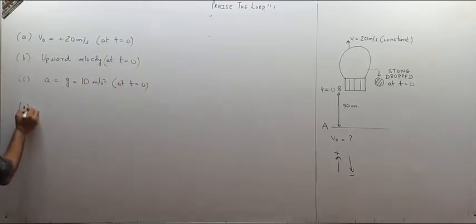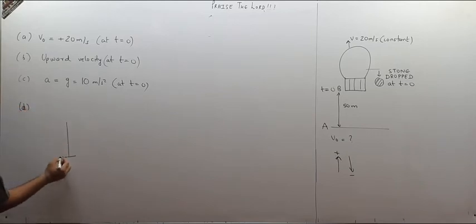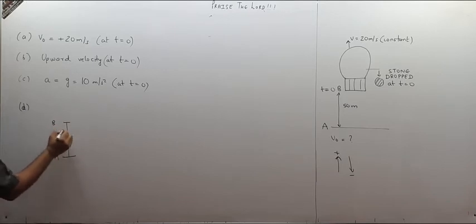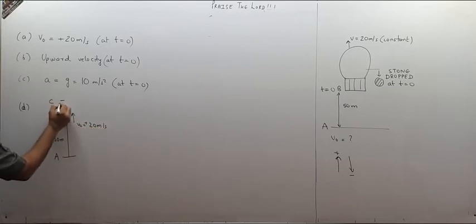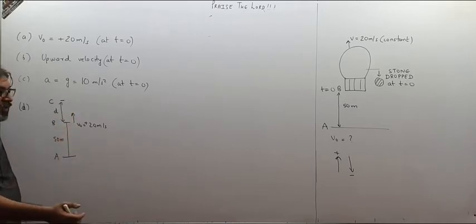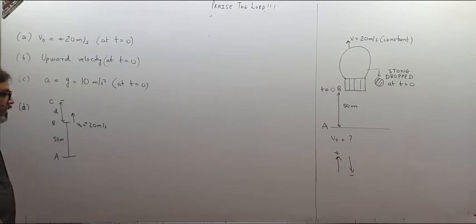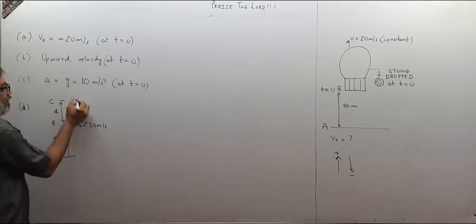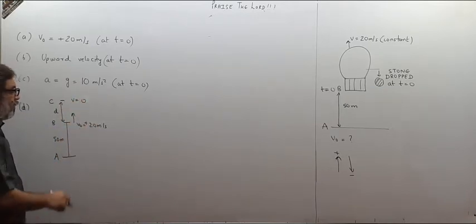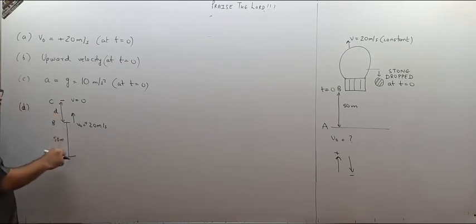So think like this. This was the height. This is point A. This was the balloon at a height of 50 meters, and somebody has thrown it upward with a speed of 20 meters per second, plus because it is upward. And supposing it reaches point C, a distance d, and it becomes stationary, it stops. Naturally, when you throw a body, just like the previous day example, it will rise and stop after some time. At that time, its velocity will become 0. So at what height does it become stationary?